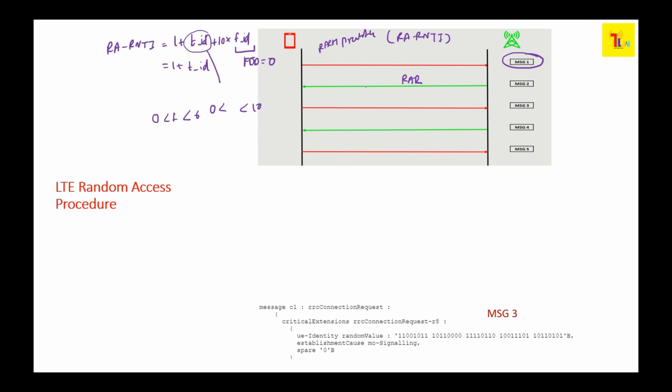So an uplink grant, all this is sent in message 2,